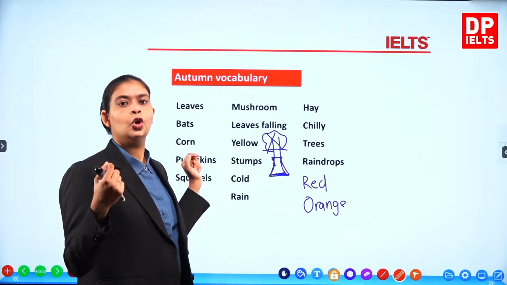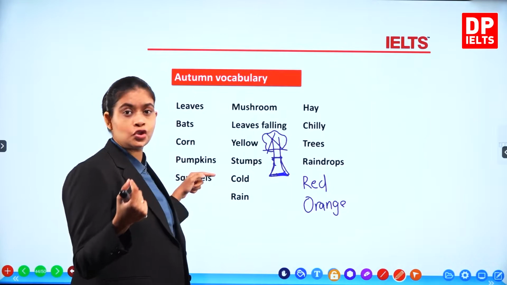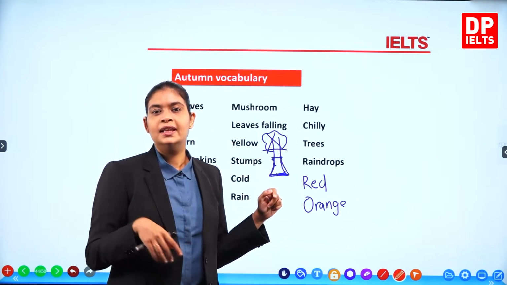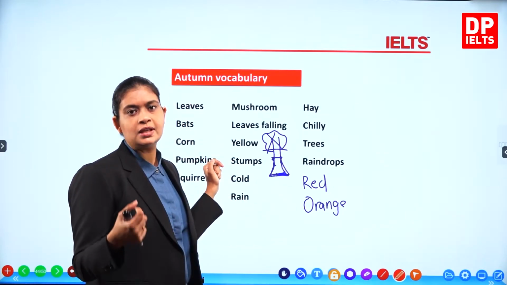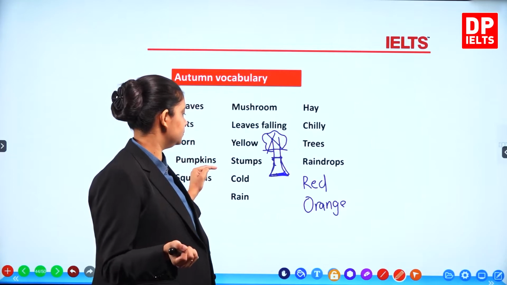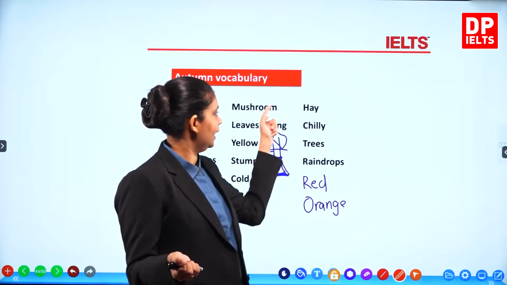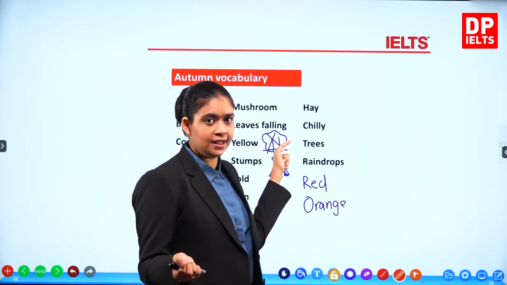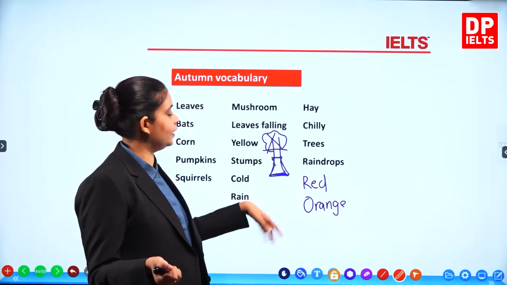Bats, corn, pumpkin, squirrels, mushroom, leaves falling, yellow, stumps, cold, rain, hay, chilly, trees, raindrops, and the colors could be red and orange.